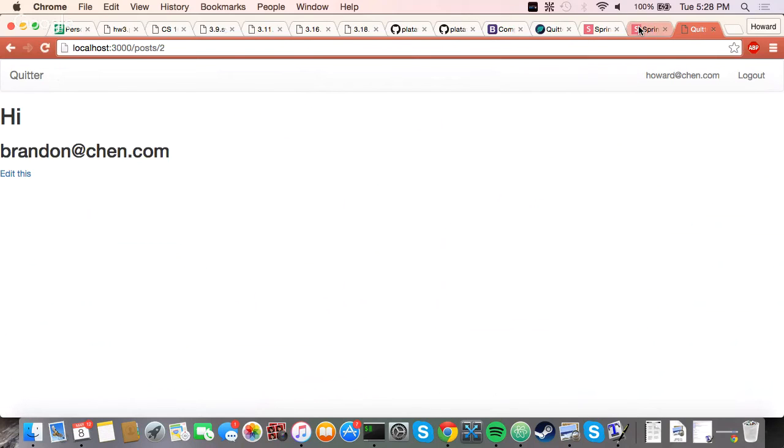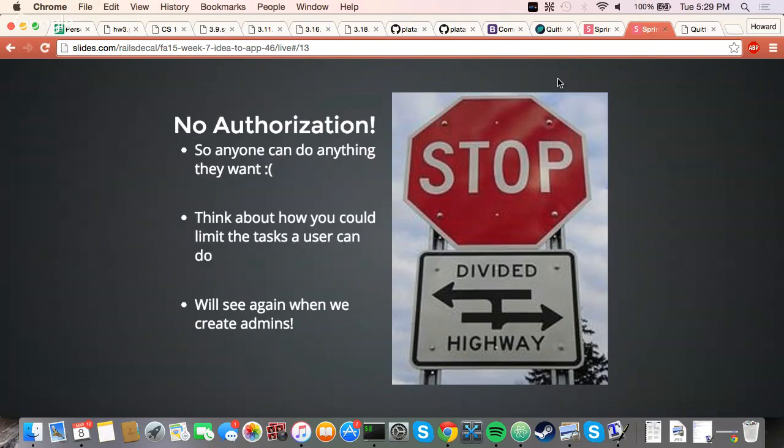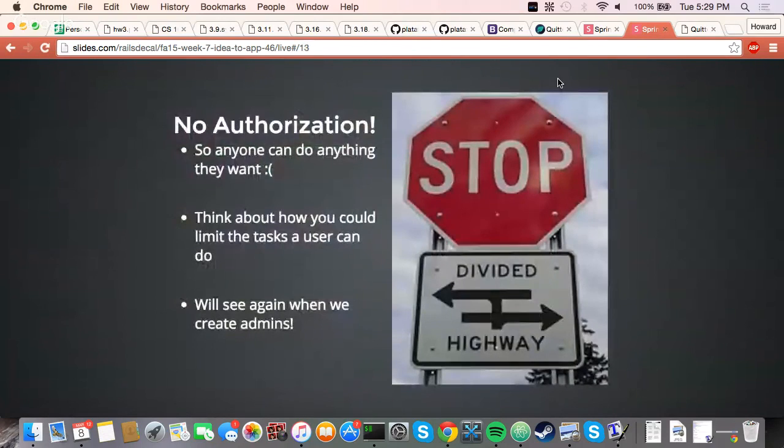The problem is that I shouldn't be authorized to do this, but I have not created any authorization in my application, which is what I'm going to cover next week. What authorization does is limit the ability of users to do things. And we'll create admins next week. Do you have any questions before I go over